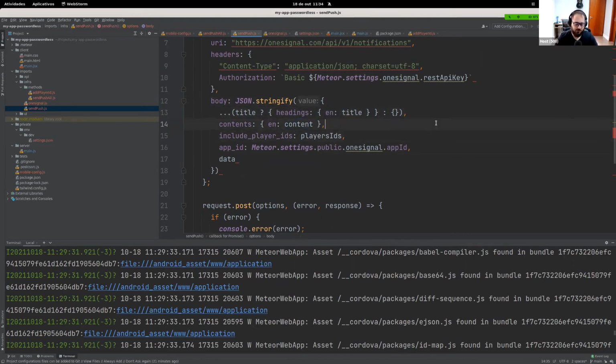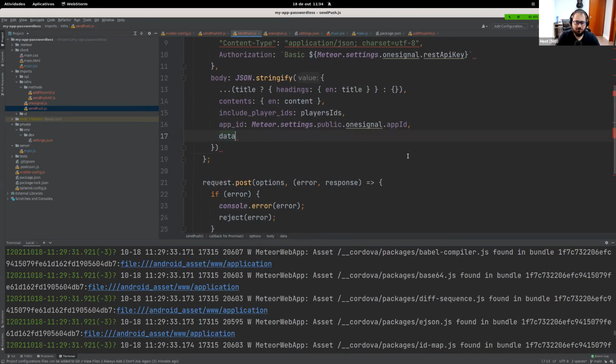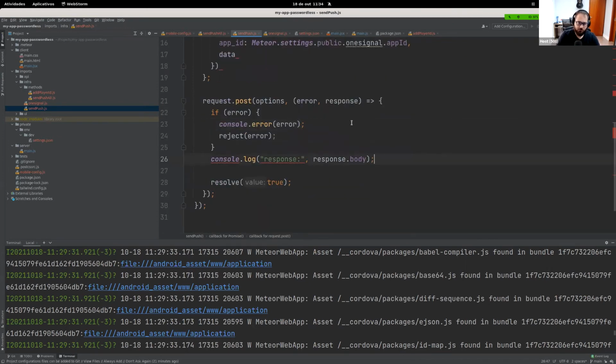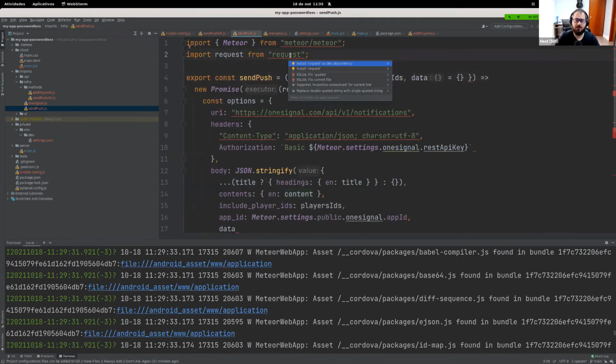You have multi-language support inside OneSignal. Then you have to pass exactly what we want here. So we also include the player IDs, the app ID, and also the data. I'm going to get into this data thing as soon as I finish this basic setup. So just hold a minute. Then we are requesting and doing a post. Everything is ready. I just need to add request to my npm